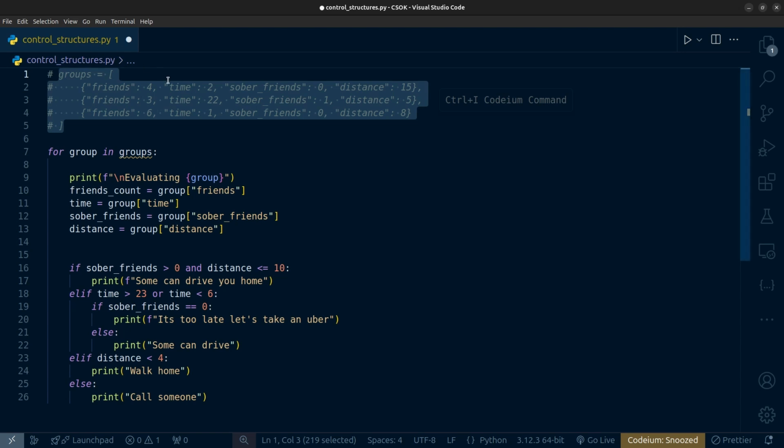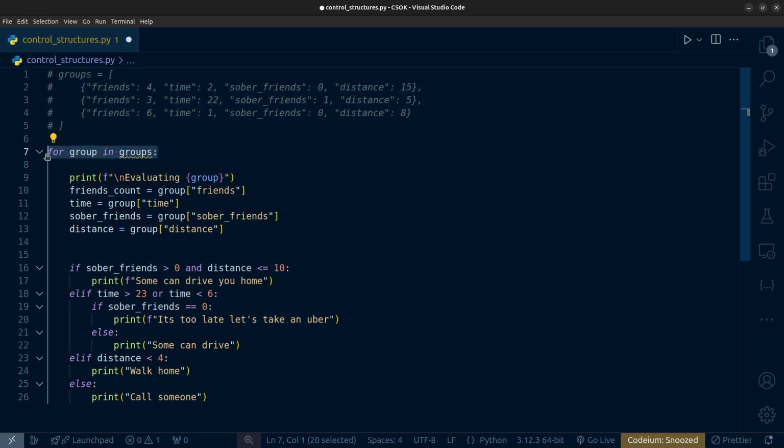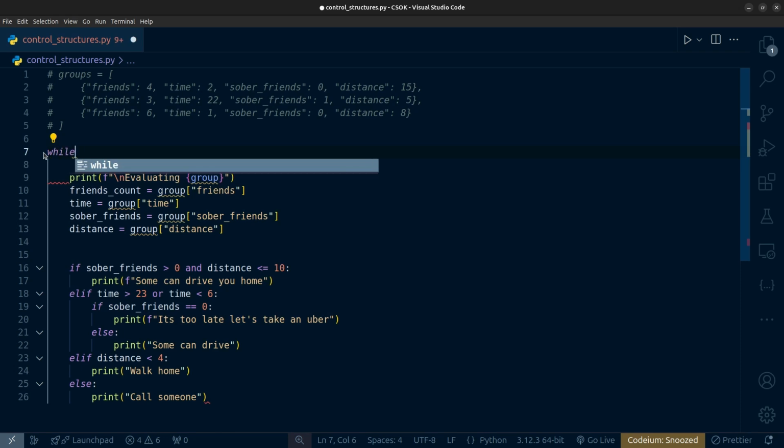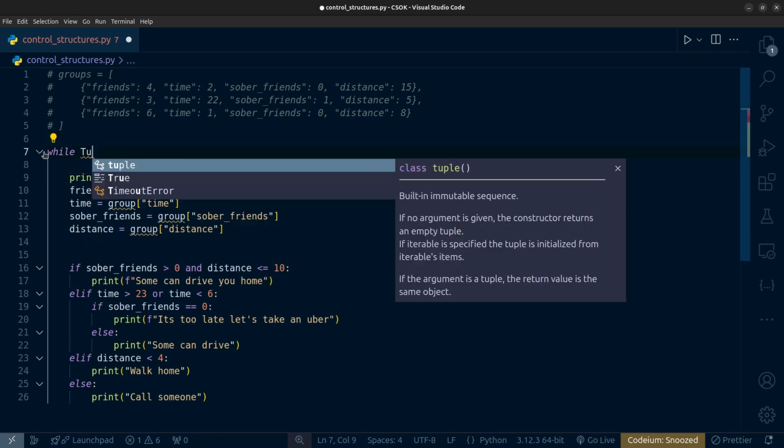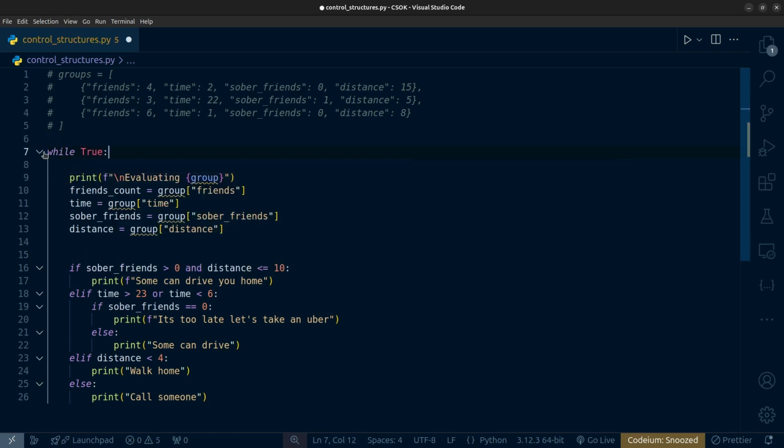So in order to fetch user input, we have to use the same variables, but this time around, since we don't know what conditions we are or how many people we are looping, we don't know the number of groups we are looping, we can just switch out the for loop for a while loop and have while true, so that our block will execute infinitely, an infinite number of times. We can have while true, then